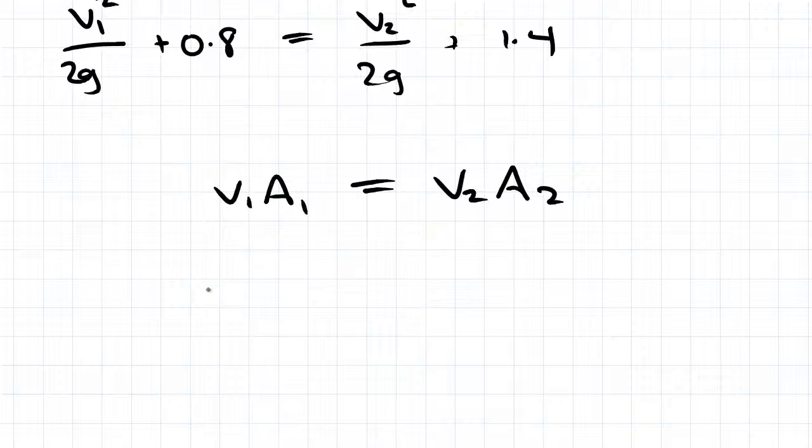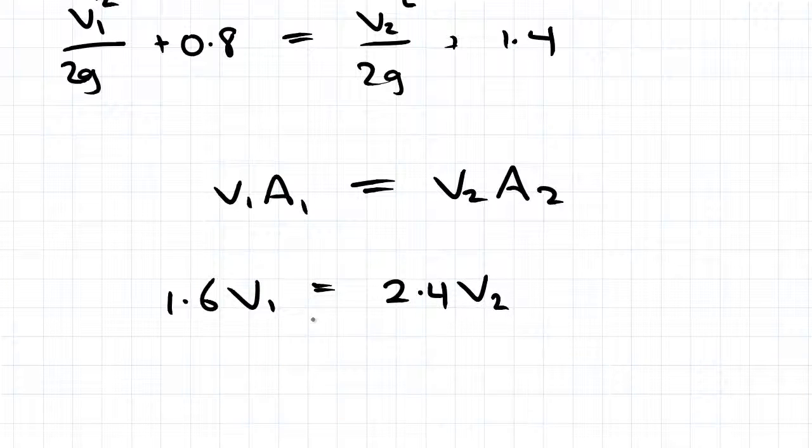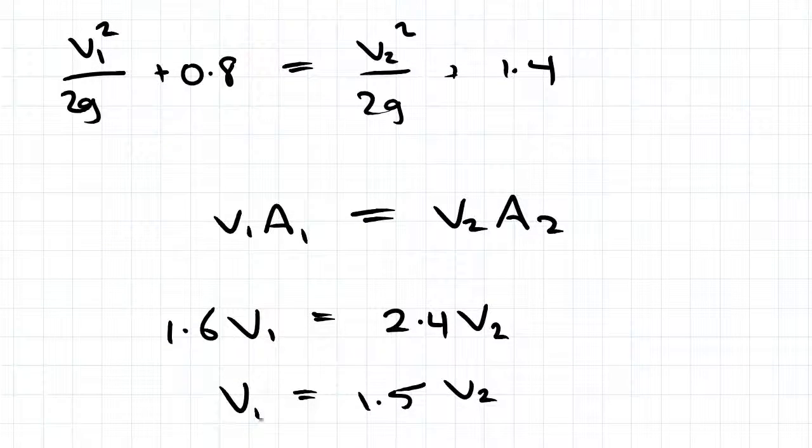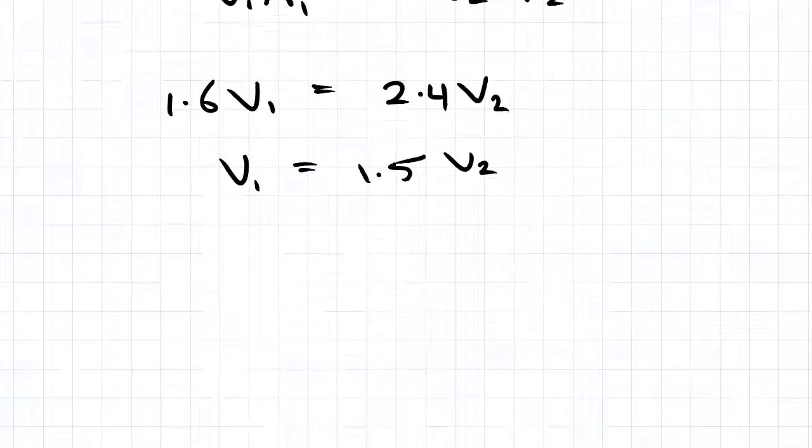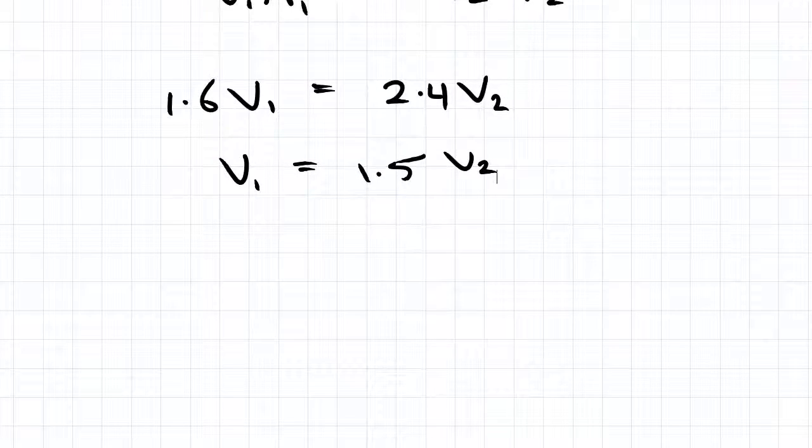That will be 1.6 V1 equals 2.4 V2. Rearranging that for V1, we'll have 1.5 V2. So we'll sub this into the Bernoulli equation, which we have up here. We'll sub in V1 equals 1.5 V2, and we'll end up with